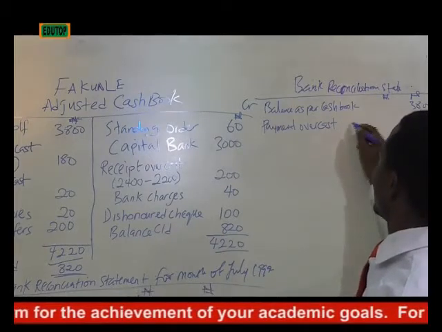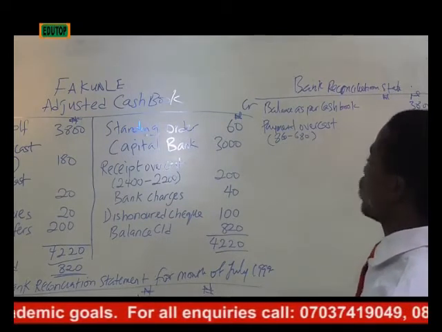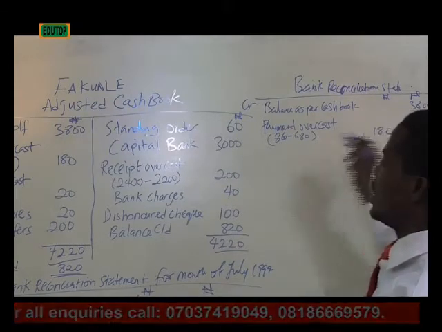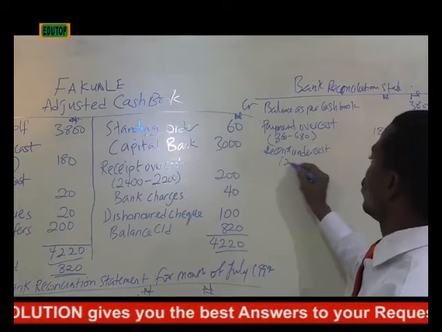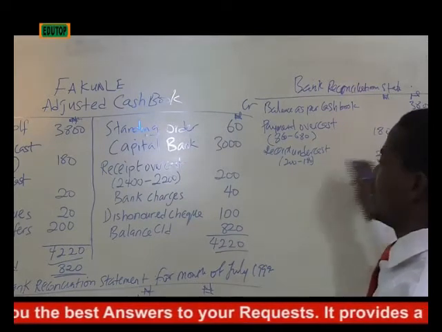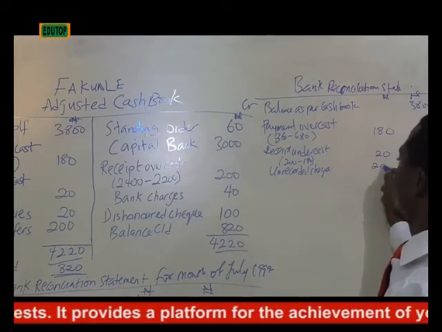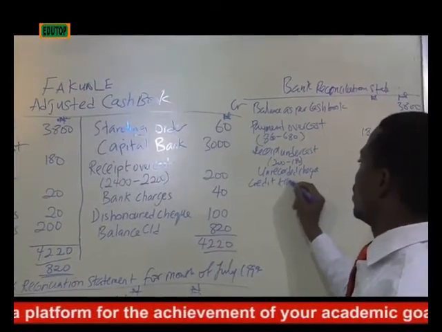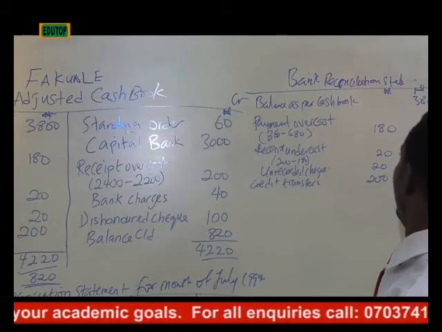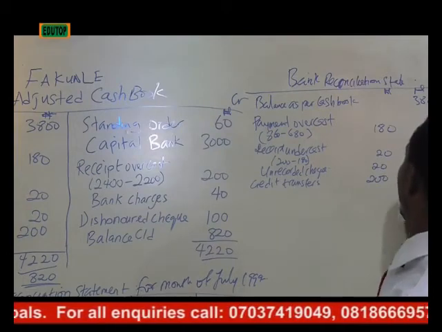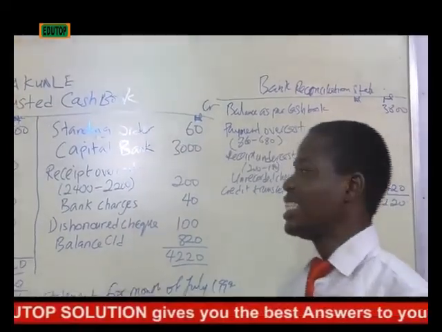overcast, that is 860 minus 680, so that one is 180 naira. Then receipt undercast, 200 minus 180, that is 20. Then unrecorded checks 20, and credit transfer, that is 200. So this is this plus this, and this is 240. So we just add it, 4,220. So what you just need to do is the same